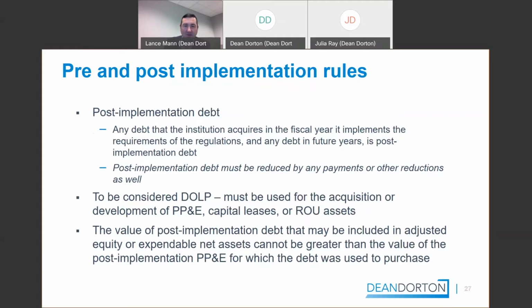The value of post-implementation debt that may be included cannot be greater than the value of post-implementation PP&E for which debt was used to purchase it, which is why we're also tracking pre- and post-implementation PP&E.